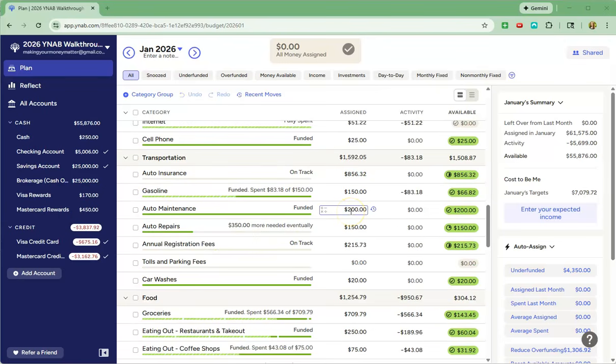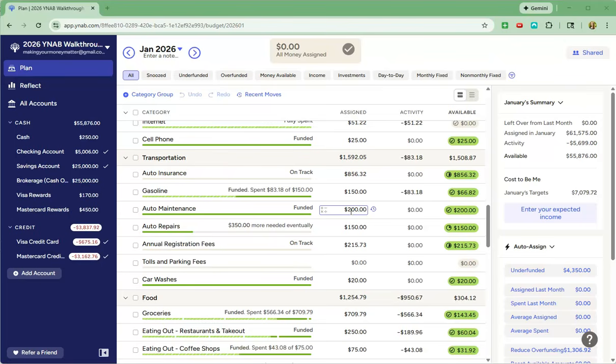I don't currently have a car payment, so my big expense in transportation is auto insurance. I actually still have my annual premium amount from last year in here, and at some point, unfortunately, I'm going to have to face the reality of both of my older kids just getting their learning permits. So when they're fully licensed, I'll have to actually add them onto my insurance, and that I'm sure will be